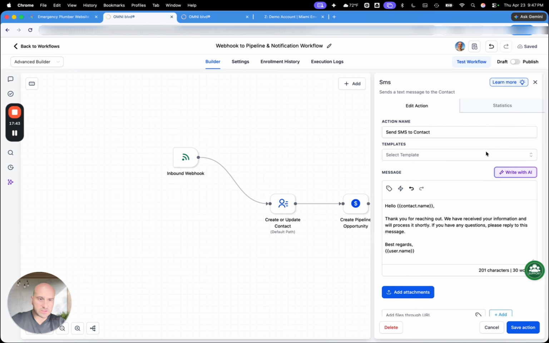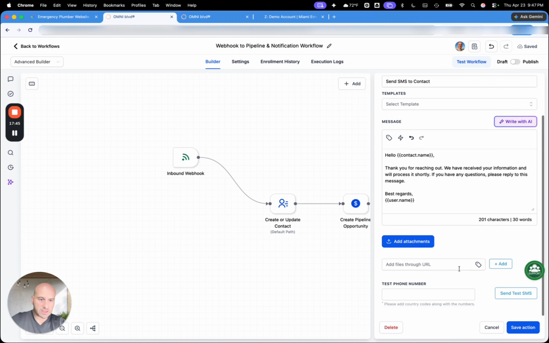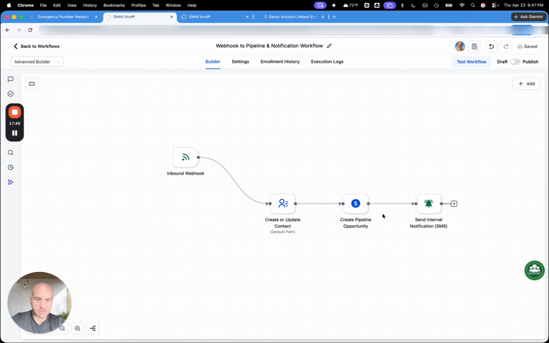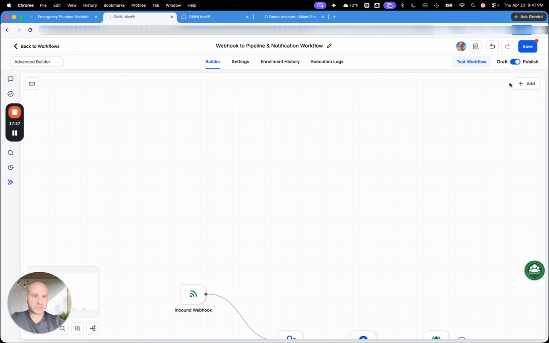And then this one here, we don't need that. So this one is redundant. The system itself created a redundancy. So it's going to send out an internal notification SMS. Perfect. Now we're going to publish this, save it,